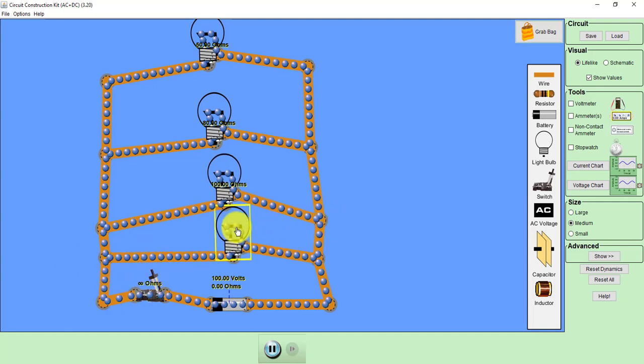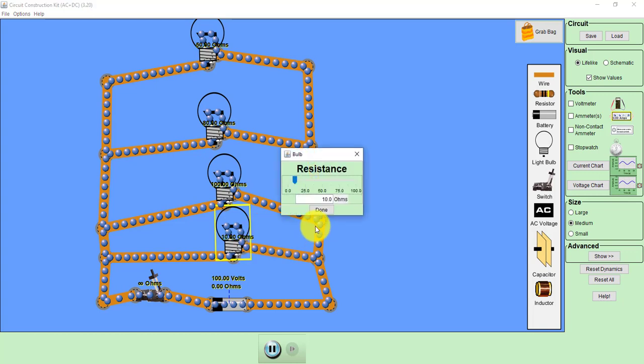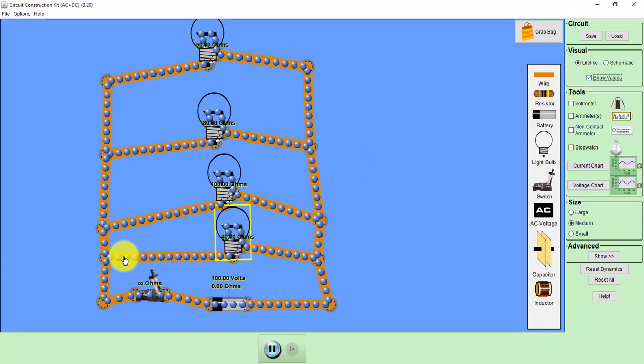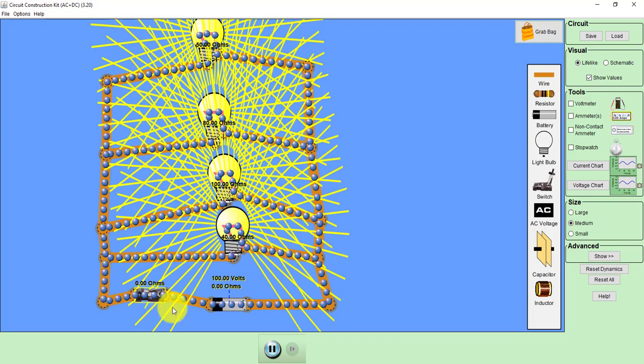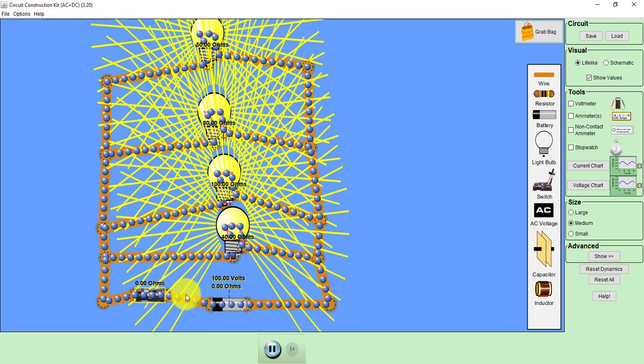Right. Now let us adjust the resistance of the fourth bulb as 40 ohm. Click on show values. Now if I close that switch, whatever total current is flowing will be